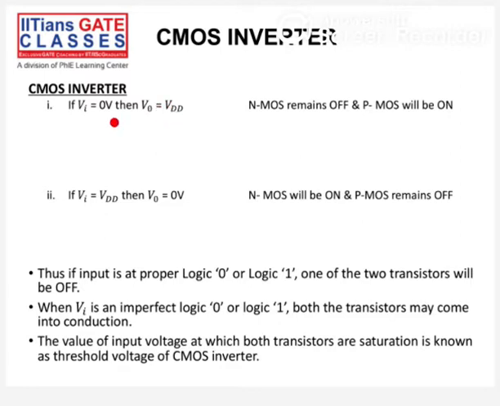So this is the first case. In this first case, NMOS is switched off, and zero current will be there in NMOS, and PMOS will be switched on. It has whatever voltage is applied at the source terminal of PMOS. As a result, we can say VDD will appear at the output terminal.